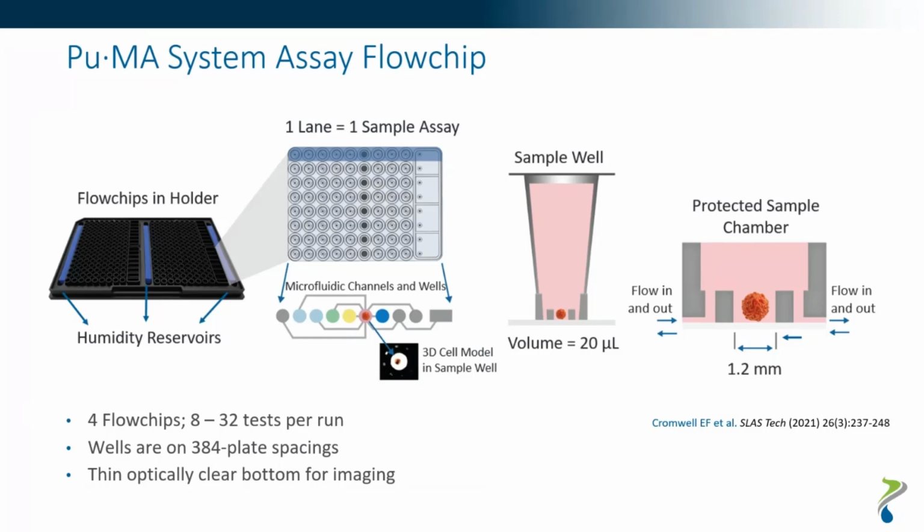In this lane, we have a central sample well, where you load the organoid or spheroid, and the central well is connected to reagent wells through microfluidic channels. The spacing of the wells and the frame resembles standard 384 well plates. So the whole setup of the plate is compatible with any instrument like a plate reader or microscope that you have in your lab. The flow chip can be filled with any reagents like media, compound, or stain solutions, depending on